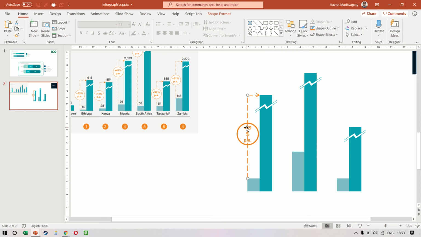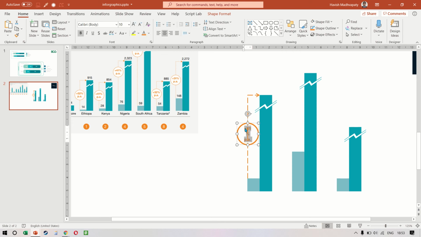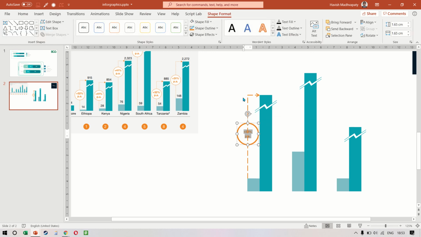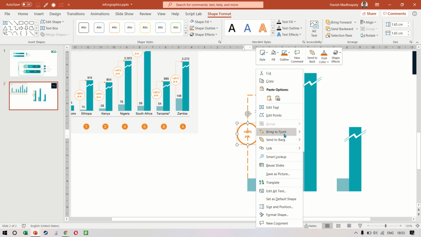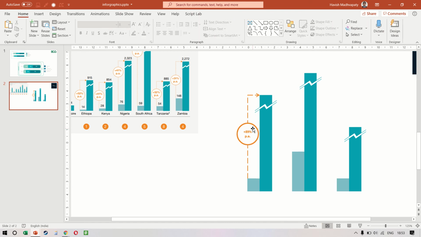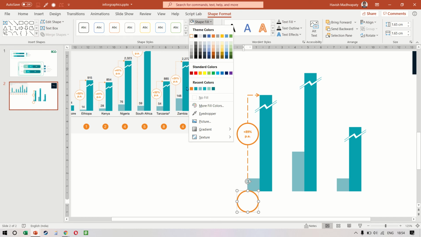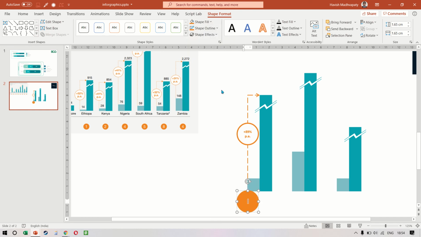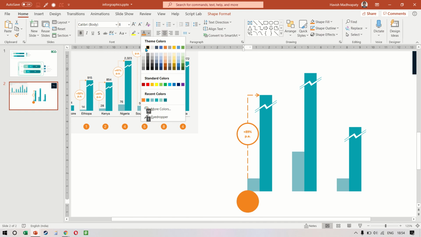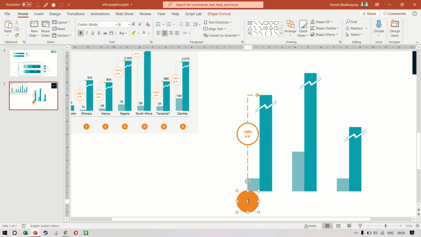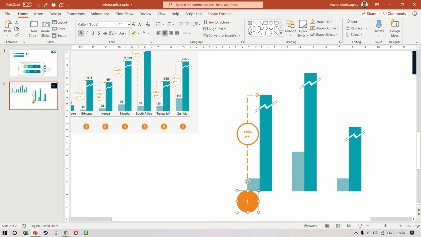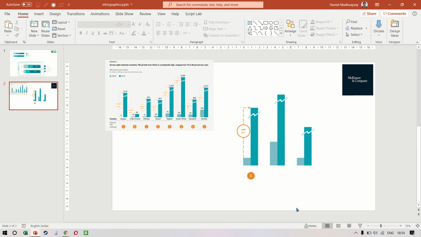And my font size can decrease a little bit. We also want to keep the shape format as white, and we want to bring this circle in the front. Excellent, that looks great. Let's copy the circle below, remove the text. The shape fill will be the same color, and the opposite thing is that the font color will be white. We can write the number 1 inside this. We don't need such a large circle, so let's reduce the size. Put this here, right? Yeah, I think that about covers it.